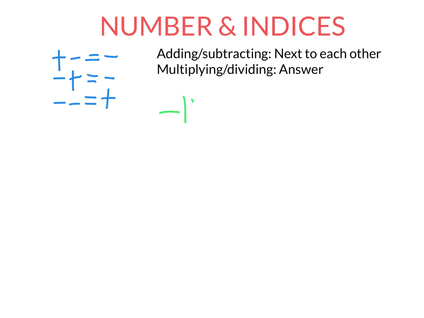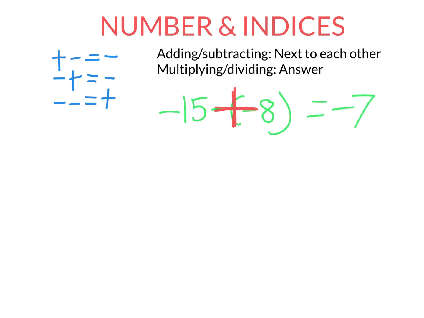So let's say, for example, you had negative 15 subtract negative 8. Our rule here that two negatives make a positive, when we're subtracting, refers to symbols next to each other. We have two negatives next to each other without a number in between. Don't worry about this bracket here. What this rule tells us is that we can change those two negatives into a positive. Negative 15 subtract negative 8 is the same as negative 15 plus 8. Because you're adding a positive, you start at negative 15 and you are making the number bigger by 8. So we start at negative 15 on the number line, we go 8 to the right,